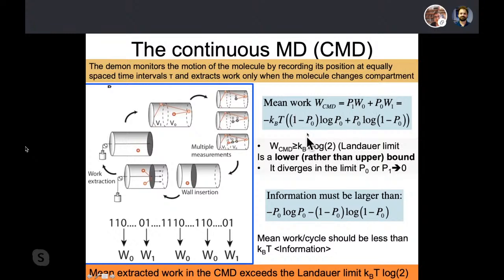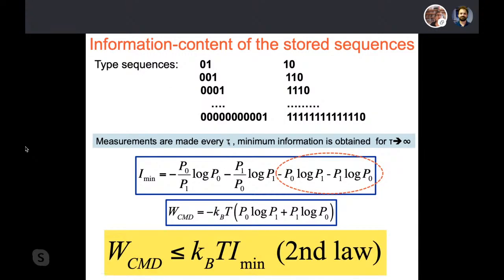Now, it turns out that this expression is like before, with a big difference: now the average work that you can extract is always larger than the Landauer limit, which is kBT log 2. So the Landauer limit is a lower bound in this sort of realization of this experiment. Now it turns out that you can calculate, and it doesn't mean that you are violating the Landauer limit,